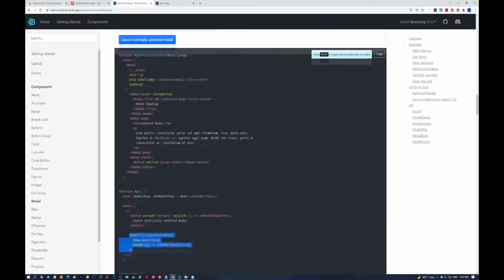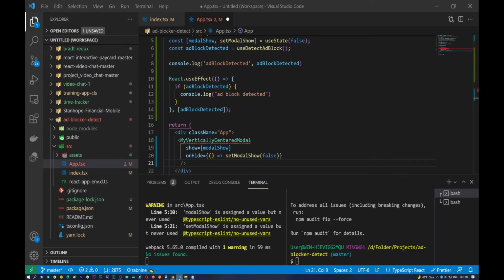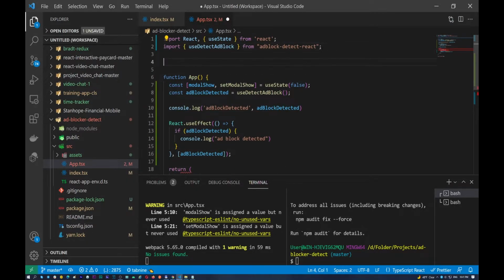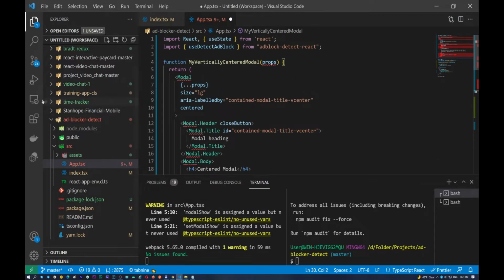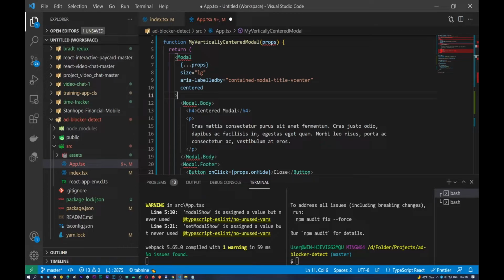This vertically centered modal is a function which we can take from here and place in here. But I need only the modal body in here, I don't need the modal header, and we need